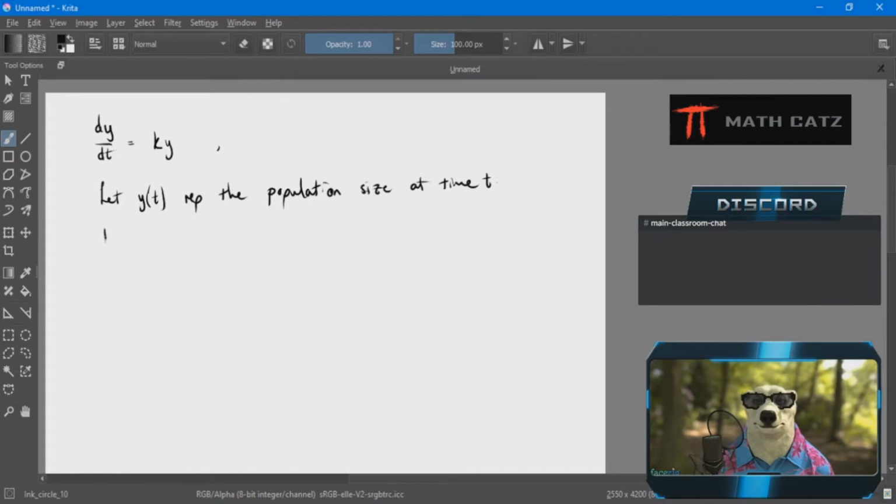And the population grows at a rate that is proportional to its size at that time. And I get this differential equation. That is a mathematical translation of this second sentence. I also want to know how many I have in my population originally, my initial population size, and between the